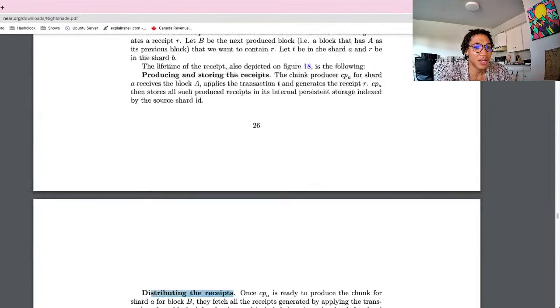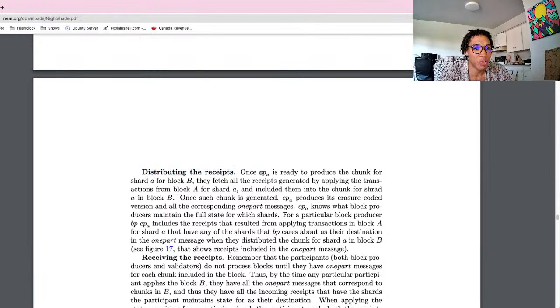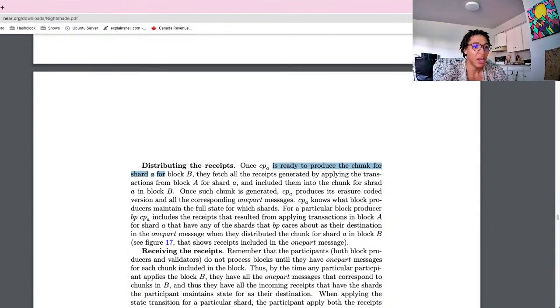Distributing the receipts. Once the chunk producer for block A is ready to produce the chunk for shard A, for shard A, not block A, for block B, they fetch all the receipts generated by applying the transactions from block A for shard A and include them into the chunk for